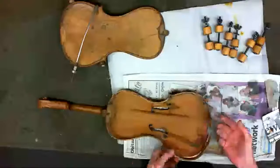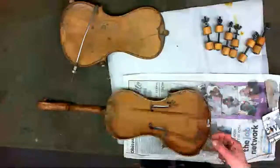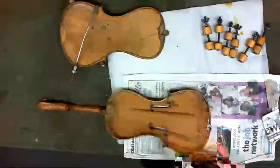These two ribs do not go together precisely, and they're a little bit long because of the shrinkage at the top. The grain goes a different way, so they don't shrink as much. They shrink this way, whereas the top shrinks that way. So eventually most old violins need the ribs slightly shortened. We'll do that after we